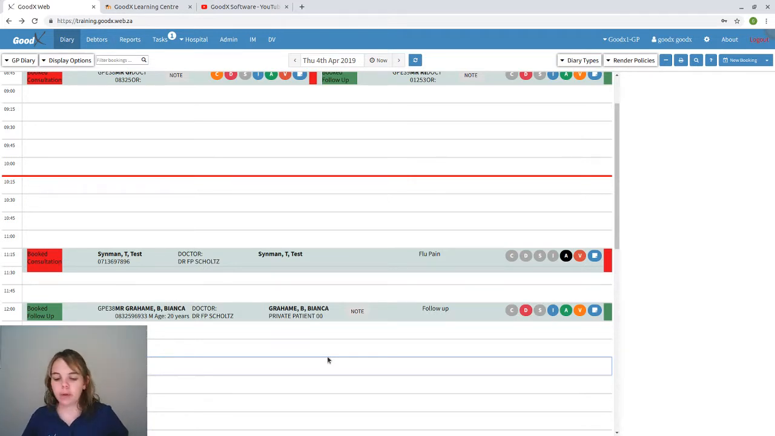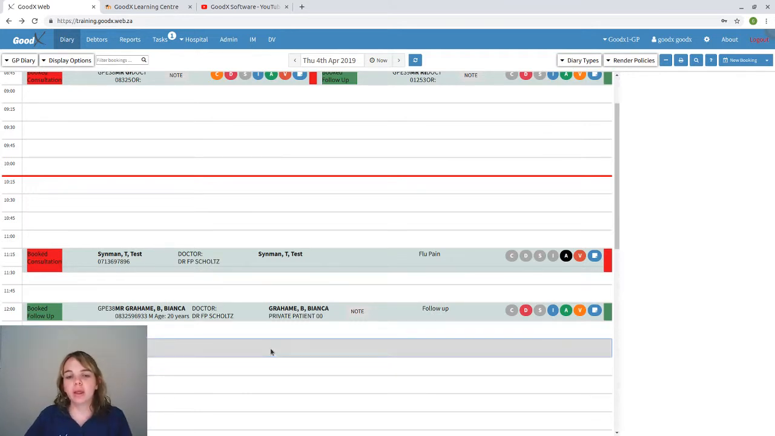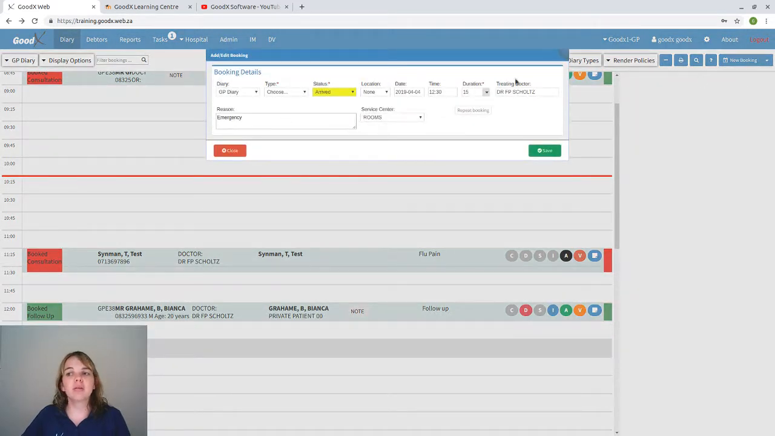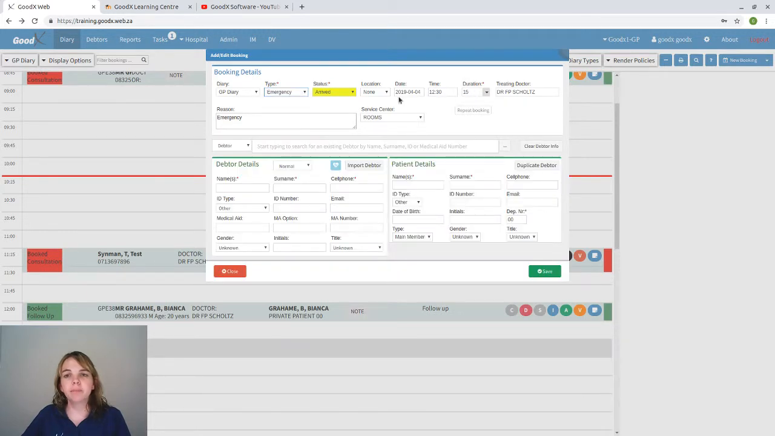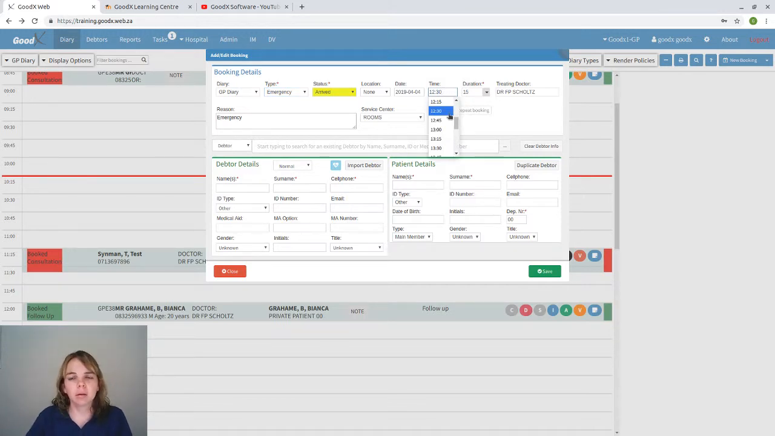Okay, we're going to go on to an emergency booking. If you want to make an emergency booking, I click on, say, just stand on 12:30. I'm going to click on the drop down box and I'm going to say emergency. You will see the status already is arrived, and then you say, okay, it's emergency. And then if you have to change the time, you can change the time. So let's make it at